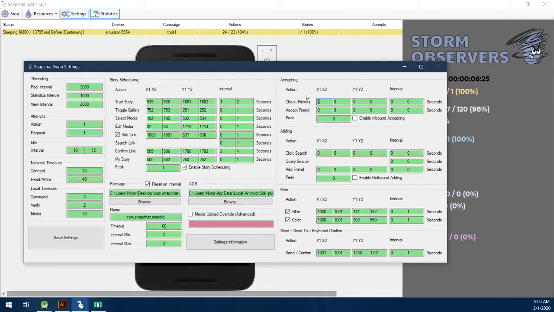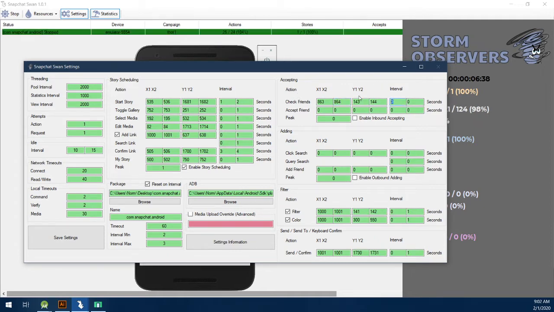863, 143. 144, 864. Interval, we'll do 1 to 2 seconds on that. Between accepting, you want 2 to 3 seconds. And